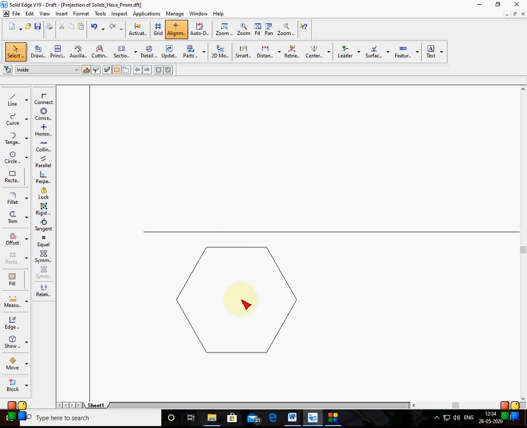So what I'll do, I use a rotation command. I'll choose the figure. Okay, I'll rotate the figure in this way. So I'll make it vertical. Now see, I'll take the center of this line. I'll make it vertical. That means I'll take this end as the center of rotation. This is any point on the line or end of the line. I'll take it as the start of rotation.